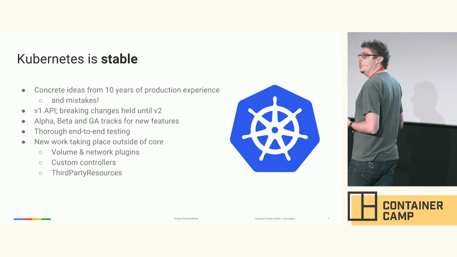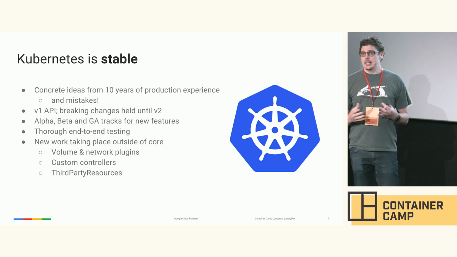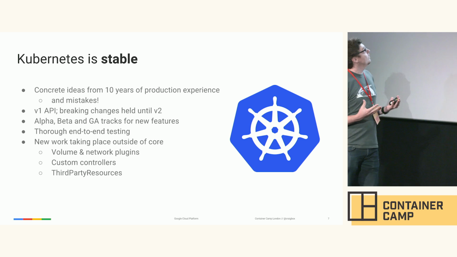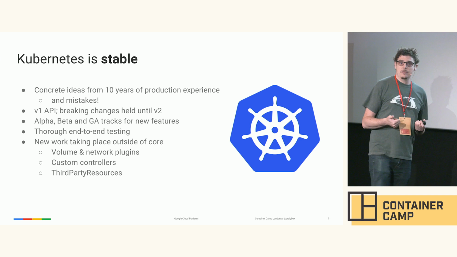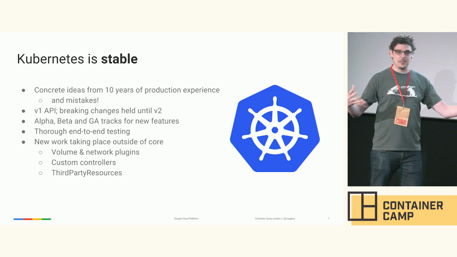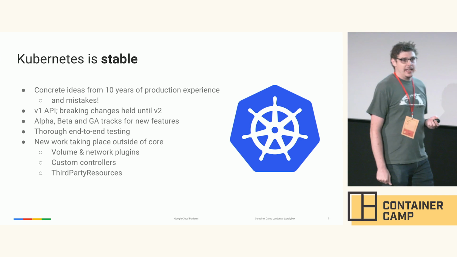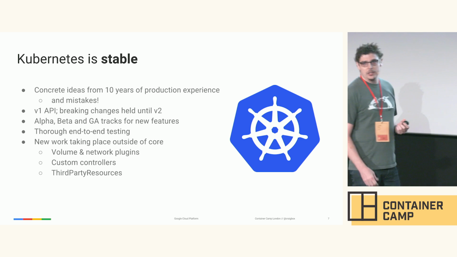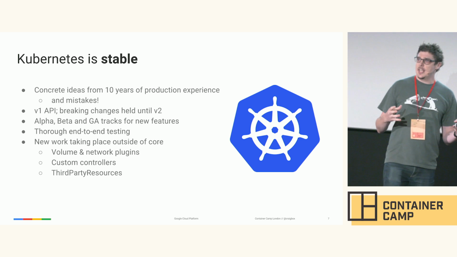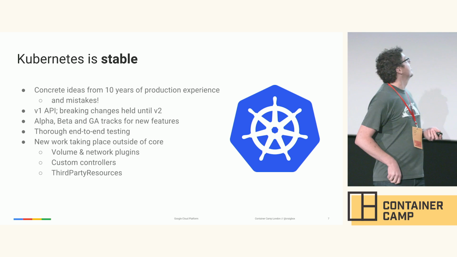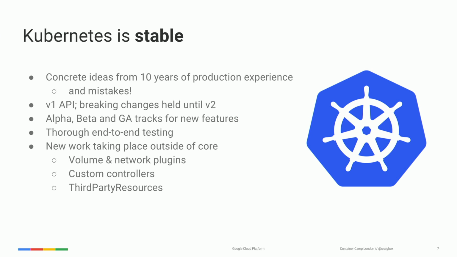But most of the new work that's needed is not in the API. In large part, we think that that's complete. There are plugins for things like volumes and networks, so extensibility. People can write custom controllers. There's a lot of great work going on in watching these resources and saying, all right, what do I need to do in my cluster in response to that? And then if your resource doesn't exist inside, what you can do is create a third-party resource and then add that to the API. We do thorough end-to-end testing with every release on more and more providers and platforms.